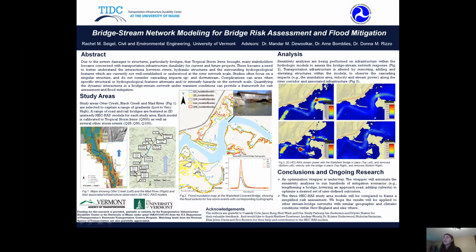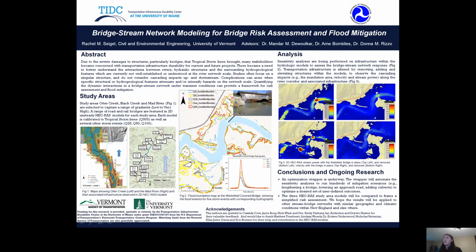The second is a small section of the Black Creek, which was selected to represent a more medium gradient. This section has 5 bridges, 2 of which are rail bridges and no longer in use. However, this section does feature a popular rail trail that is used by the public during all seasons. The Mad River was selected for the medium and very high gradient sections and also features 16 road bridges.